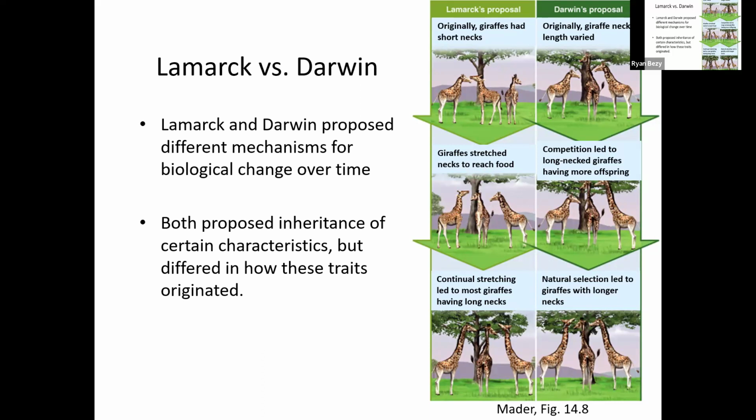They could eat more, they could survive better, but if they could eat more and survive better, they also reproduced better. They had more kids. And what that means is more long-necked kids in the next generation. But then you repeat that, not just through one generation, but a second, a third, a fourth, a fifth, a sixth, a 10th generation. And the idea here is that the long-necked